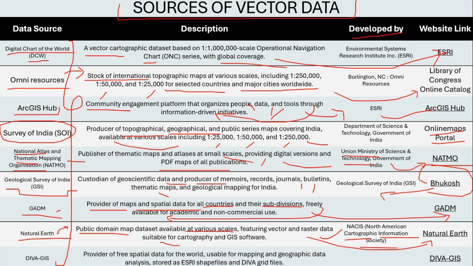Then we have the DivaGIS platform. It is also a provider of free spatial data for the world, and it is usable for mapping and geographic data analysis, stored as Esri shape files and Diva grid files. You can get these shape files on the website DivaGIS. So these are a few sources where you can get vector datasets for mapping and also some topographical maps at